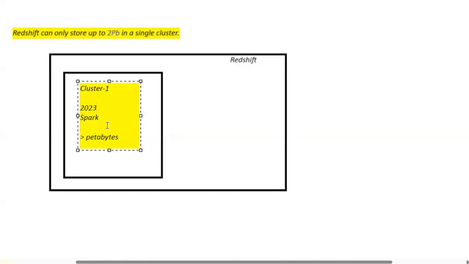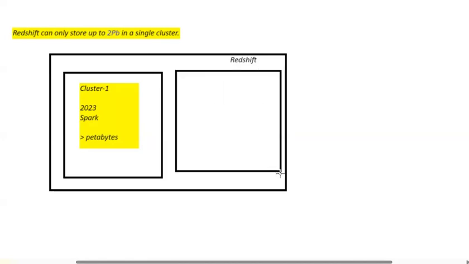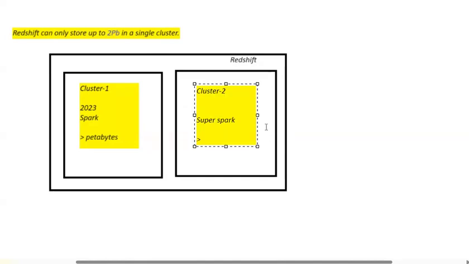This is regarding 2023. Now, for modernized changes and customer need, I'd like to provide one more new branded car. I have developed one more new branded car. That model is Super Spark, and I launched it in 2024.